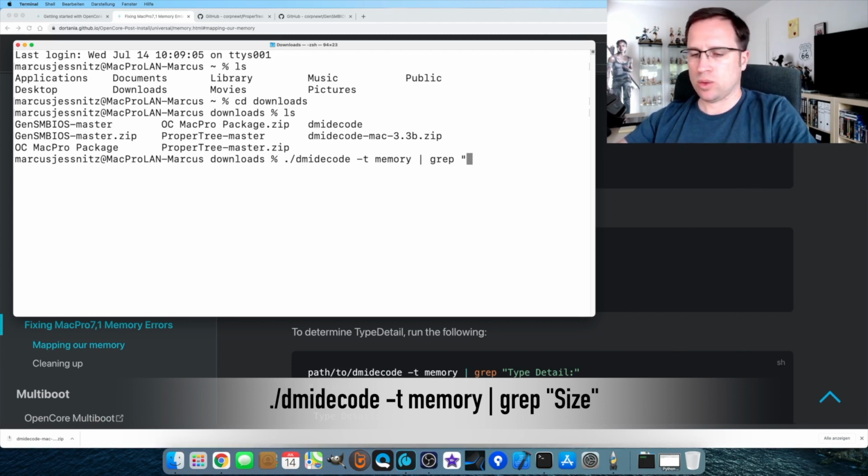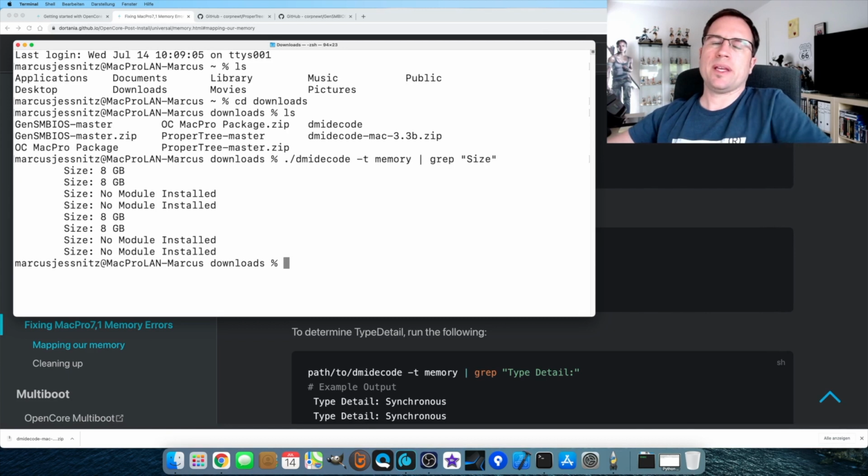Okay, so we now type size, and if you hit enter, you see with my Mac Pro that I have 8 gigabytes installed in the first memory slot, 8 in the second, third and fourth are not installed, are empty, 5th and 6th also each have 8 gigabytes, and 7 and 8 are also empty.